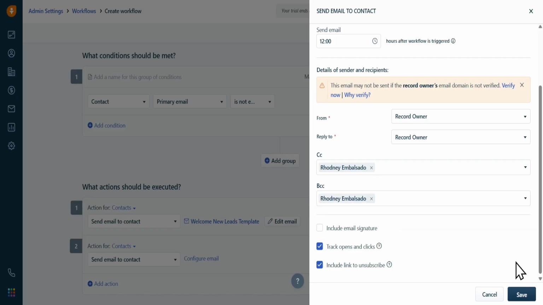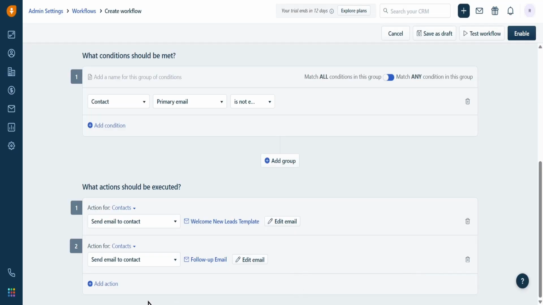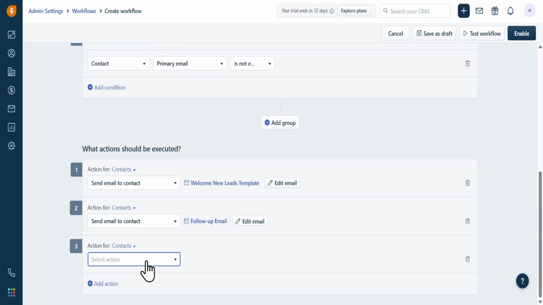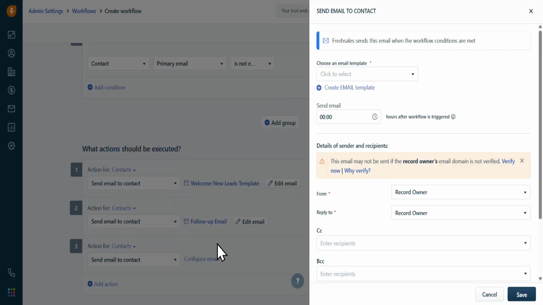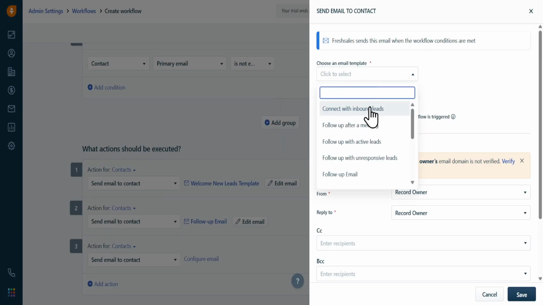Select Contacts again. Choose Send Email to Contact, and this time pick the follow-up email template. Add a delay of 12 hours before this email goes out. This spacing helps the sequence feel more natural instead of sending everything at once. Then save again. For the final action, add one more email under Contacts, choose Send Email to Contact, and select